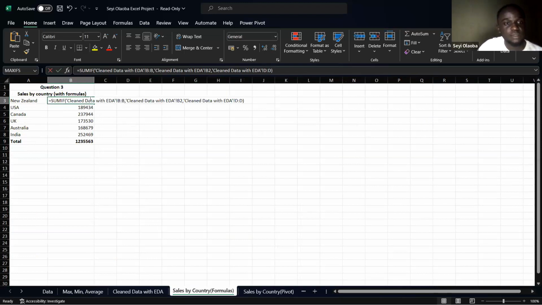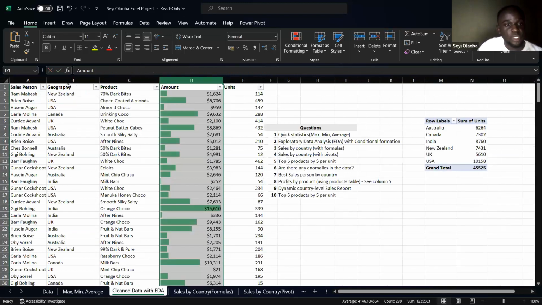So the formula simply says, from column B, from all the countries in column B,